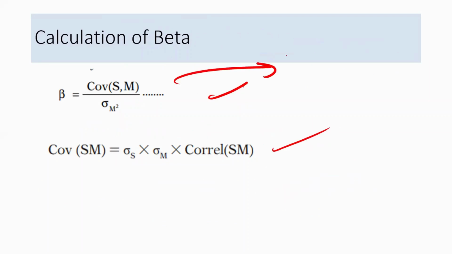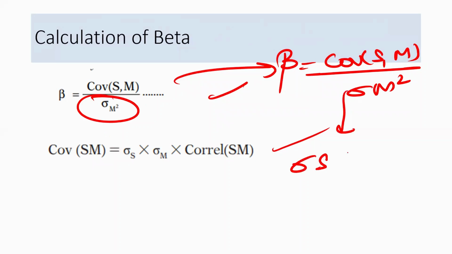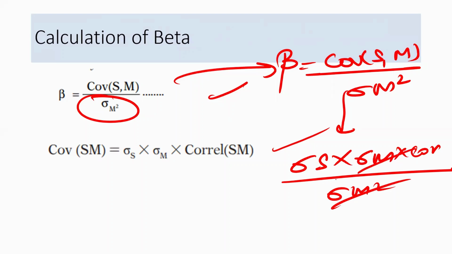See, I can also make another formula for beta, covariance of the security and the market. In place of this, see, I am just opening up the formula. I have covered this in chapter 3. You can just watch it. So I can cancel this, okay. So this would become,